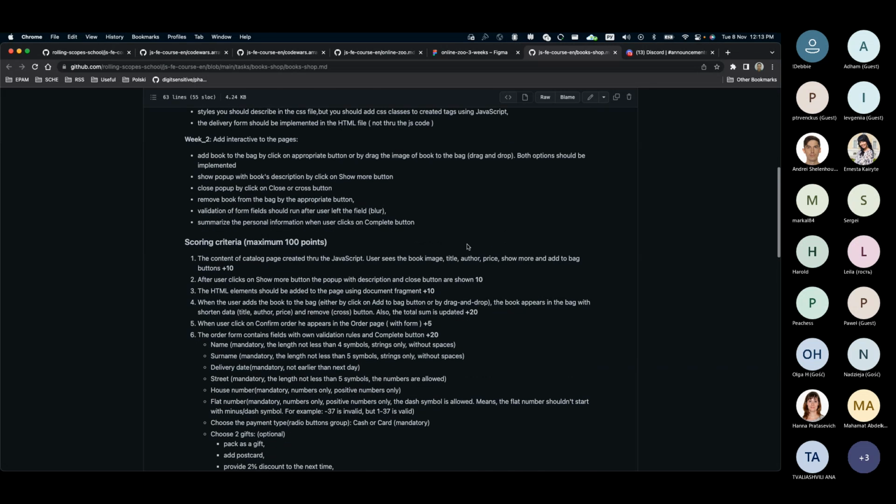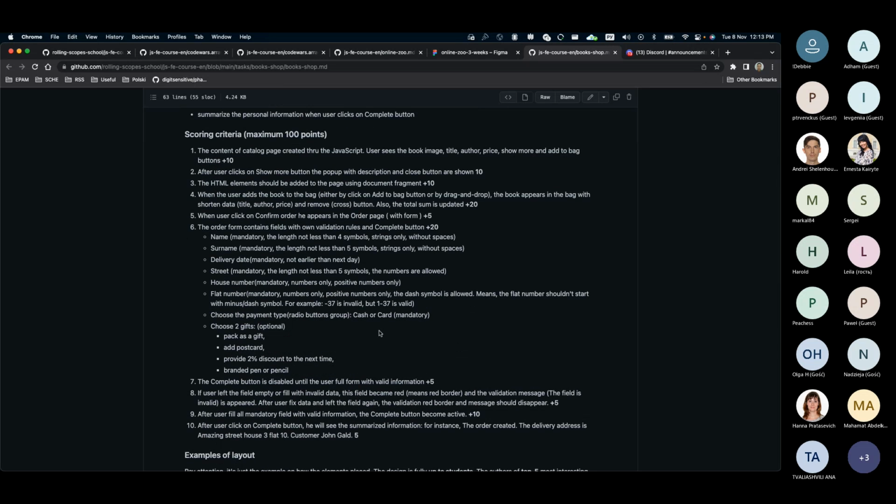But yeah, the body is empty. Okay. Should we use the perfect pixel criteria described in the week 1 requirements for the week 2 evaluation? Yes, correct. All the general requirements are also applicable for week 2.